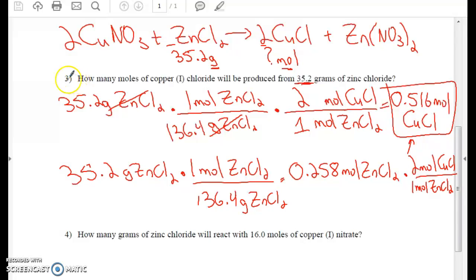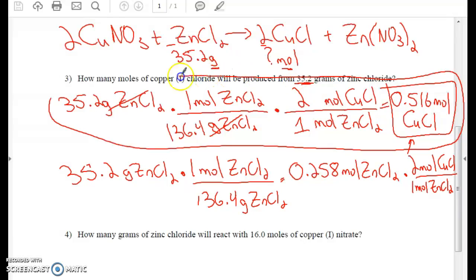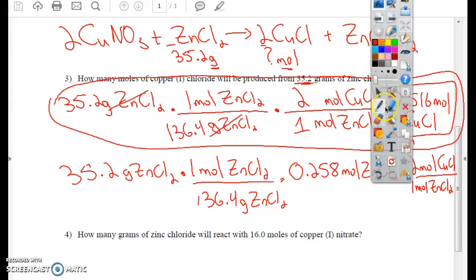So what we usually end up doing is putting it all into one problem, to eliminate having to write the answer for each step and rounding off each step. This will save you some writing and some rounding, so it's a little quicker. So we usually do it all at once like that. So that was a grams to moles problem. Now for the last one,